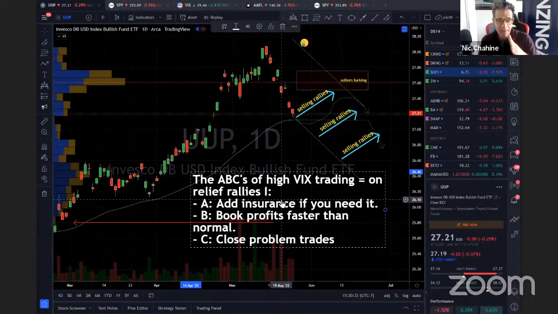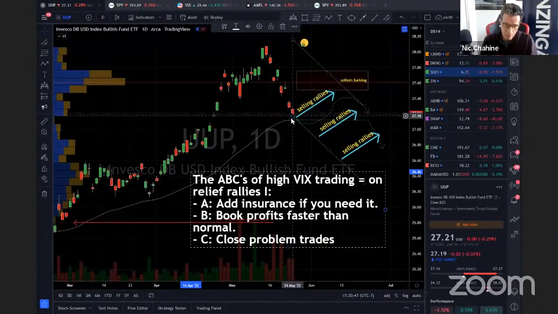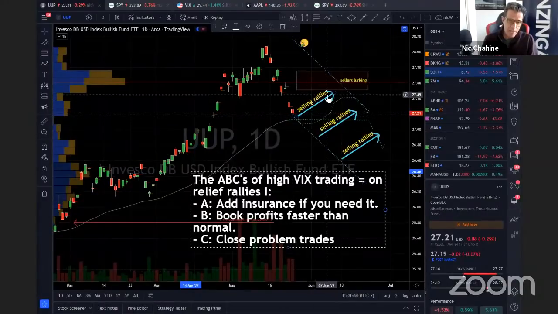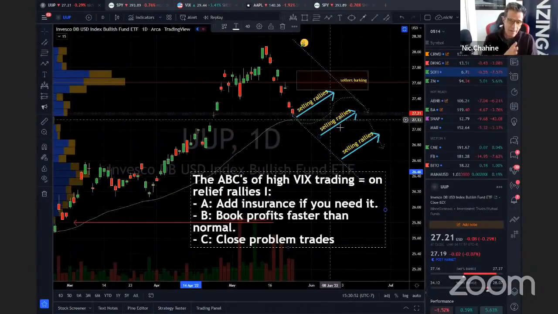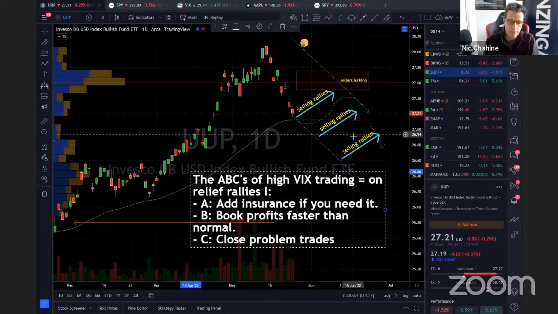So when you see a rally, if you're looking to buy into it, you're doing the wrong thing. You're being a human. The machines are selling you that and you're losing money. So sell the rallies until the pattern changes. Like here, the short might change, but for now they might be selling rallies. So you have to see it and then act accordingly.